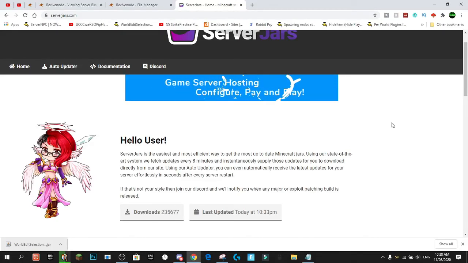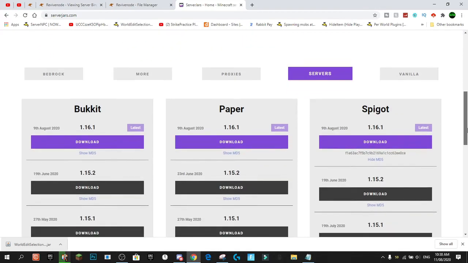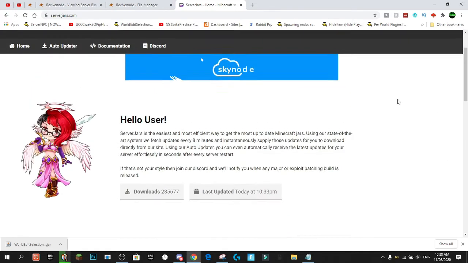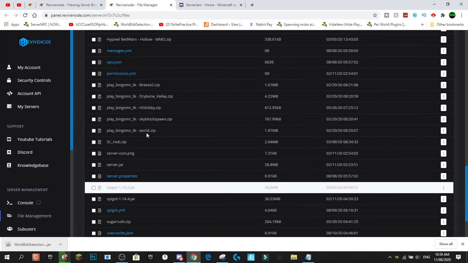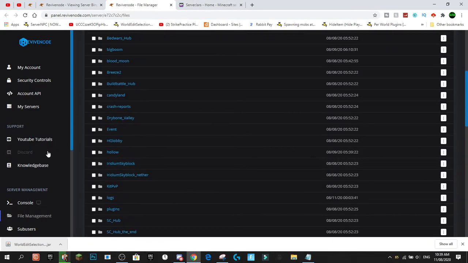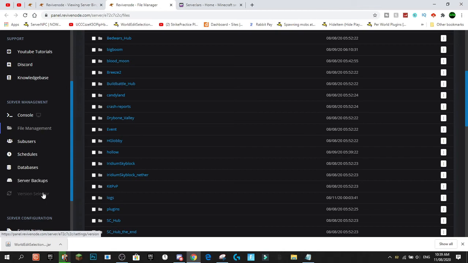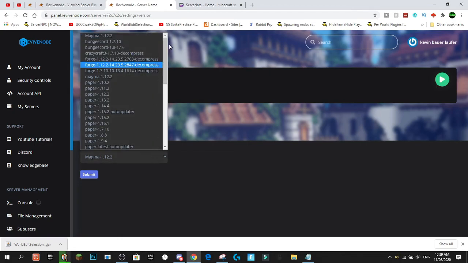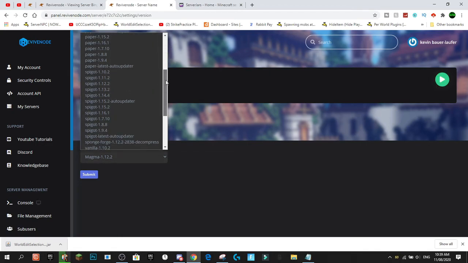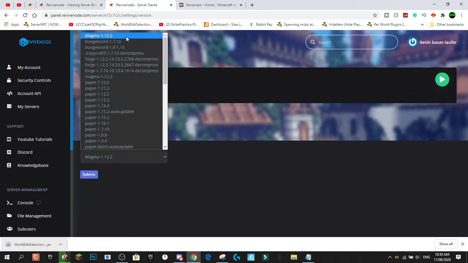In today's YouTube video, we're going to be showing you guys how to change your custom jar on your Minecraft server. Now, I get a lot of people asking, especially on the free hosting, which doesn't necessarily have all the jars available for selection. So the first method, obviously, is to go to your server. You go to wherever your jar selector is. So we go to your version selector, and then you can obviously select each different version that you have available on here. But this isn't necessarily always